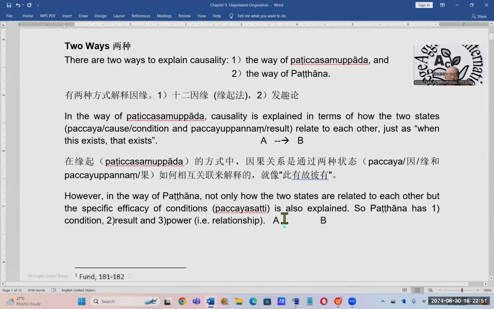But in between, they will talk about this, we call it sati. Sati means the power, or in what way, okay? Or you can say by which method that A will cause B to appear. So it's Patthana. So one of the examples, I'll give a very simple example. For example,